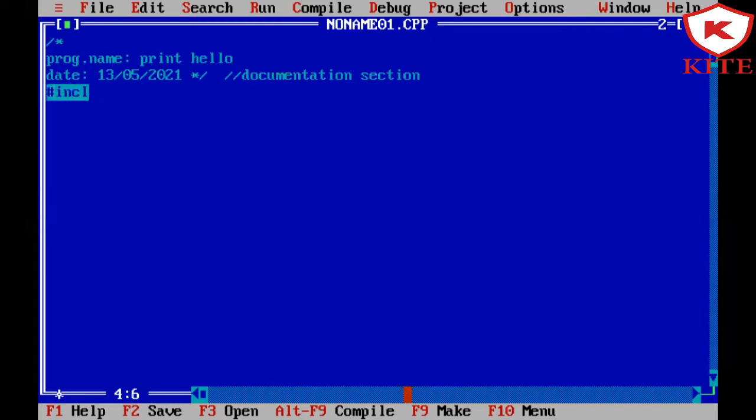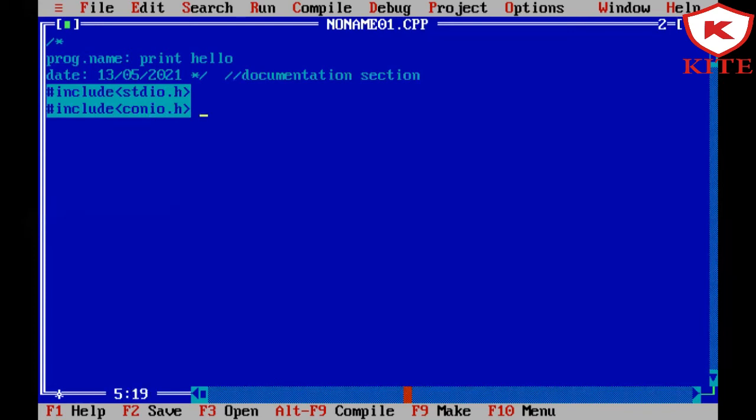So I will include the library files. Okay, so these are the link sections.